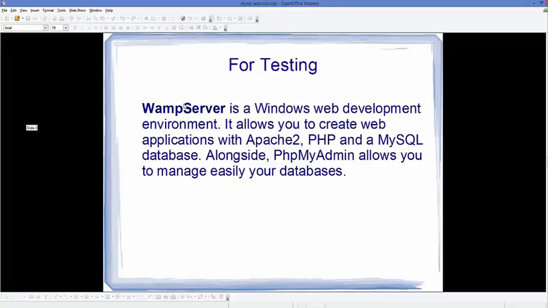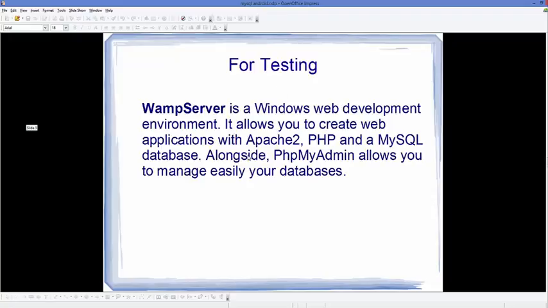WAMP server is a Windows web development environment, and it allows you to create a web application with Apache, PHP and MySQL database. Alongside, it's also going to give you PHP MyAdmin, which allows you to manage your database easily. Okay, so this is the first option which we can use for creating our first Android application and for